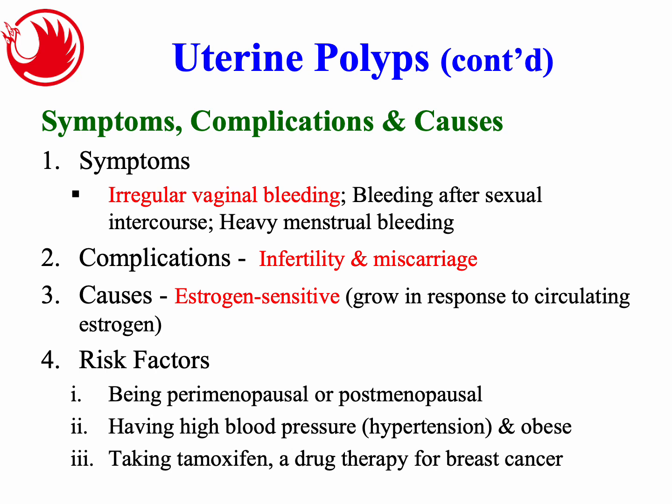So in summary, uterine polyps can cause irregular bleeding and lead to complications like infertility and miscarriage. They grow in response to estrogen, and the risk factors include being perimenopausal or postmenopausal, having high blood pressure, obesity, and taking the drug tamoxifen. So next